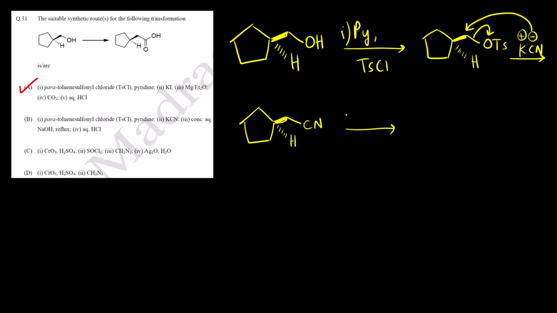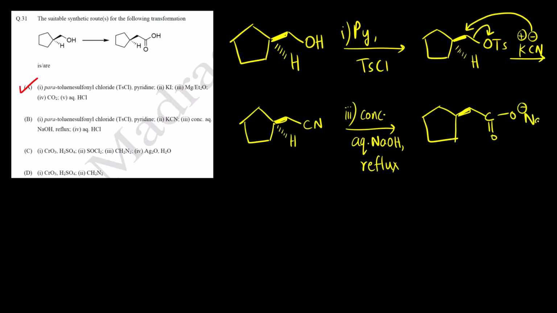Now we are reacting it with concentrated aqueous NaOH, reflux. And the last step is workup. So what will happen here is, cyanide undergoes hydrolysis to form what? To form carboxylic acid. So first it will form this carboxylate ion, sodium carboxylate, and then after I add